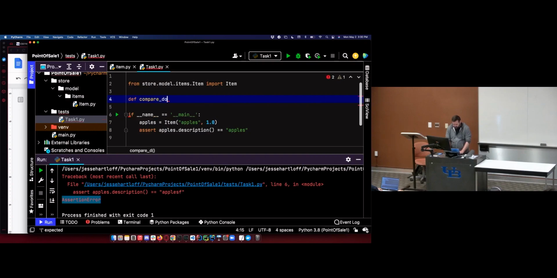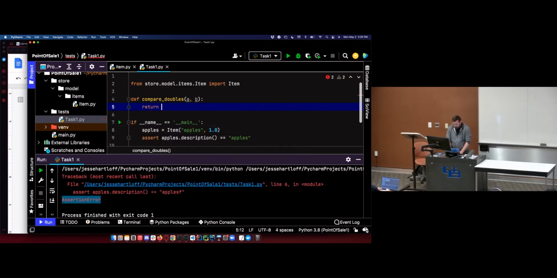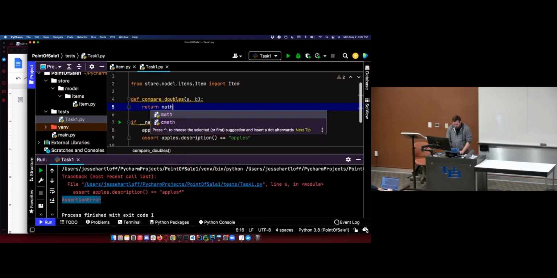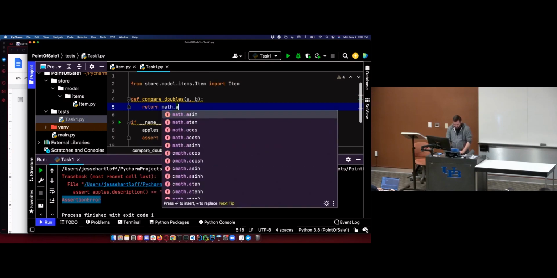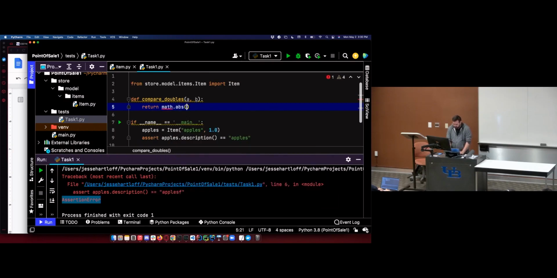Let's get this out there just so we can do some testing. A, B, return. What's the best way to do this in Python? I guess I'll just do it this simple way. Math.abs, A minus B, less than